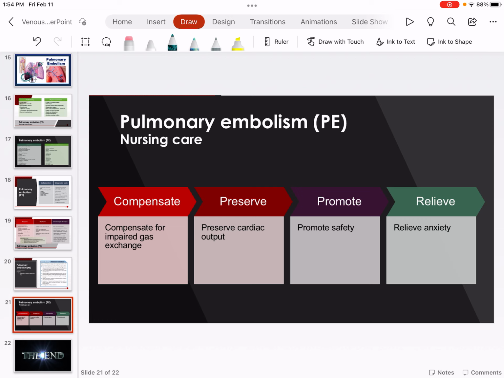Okay, so thrombi that affect only the deep veins of the calf rarely embolize to the pulmonary circulation. Thrombi often spread proximally to the popliteal and iliofemoral veins, and there they may break loose to become an embolus. The embolus then enters the pulmonary arterial system. The effects of the